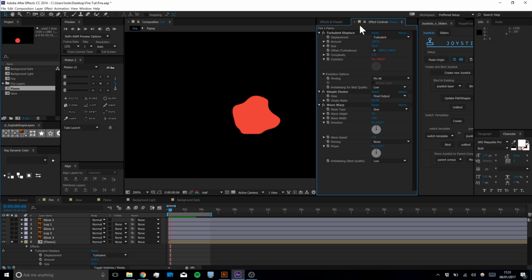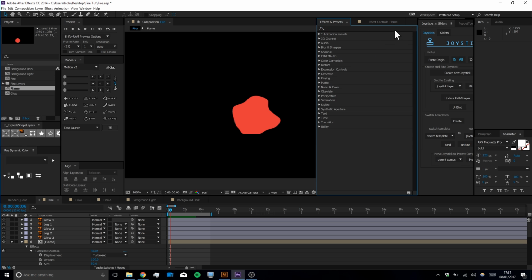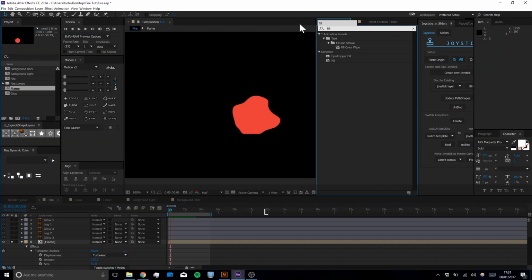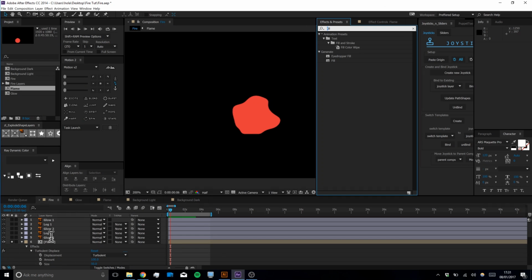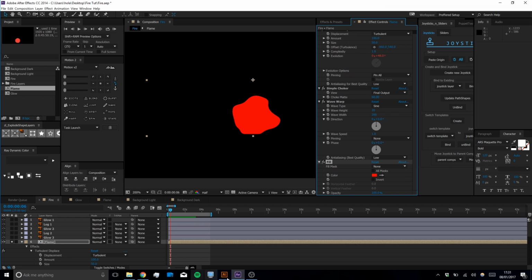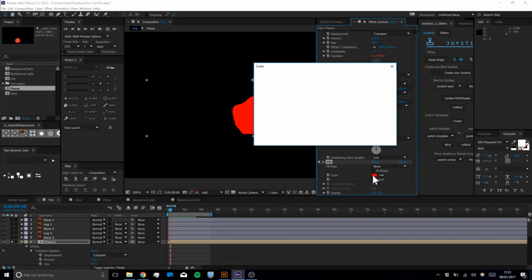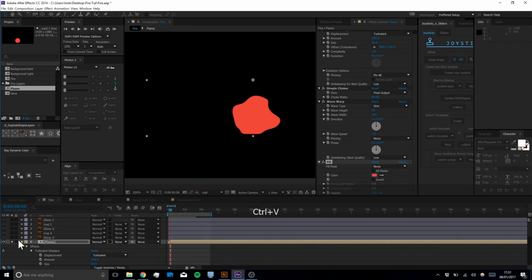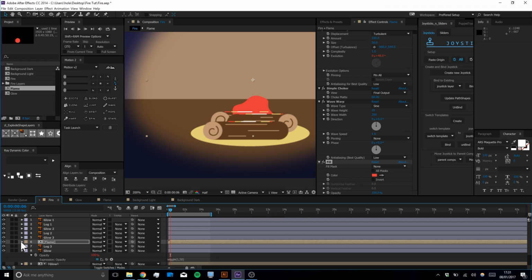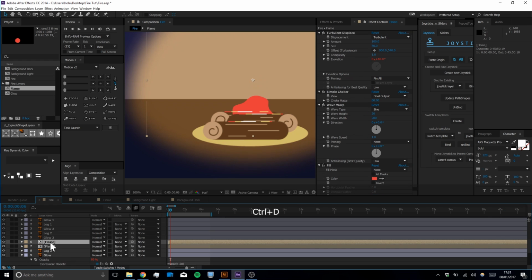Actually, first of all, we're going to add a fill effect to the flame layer, and we're just going to jump back in here, copy this code, and we'll put it here. So we've got our back flame working. We're going to just duplicate this, and what we're going to do is duplicate this again,